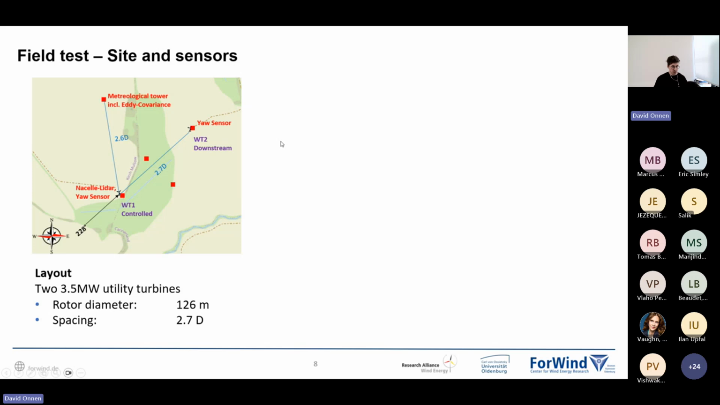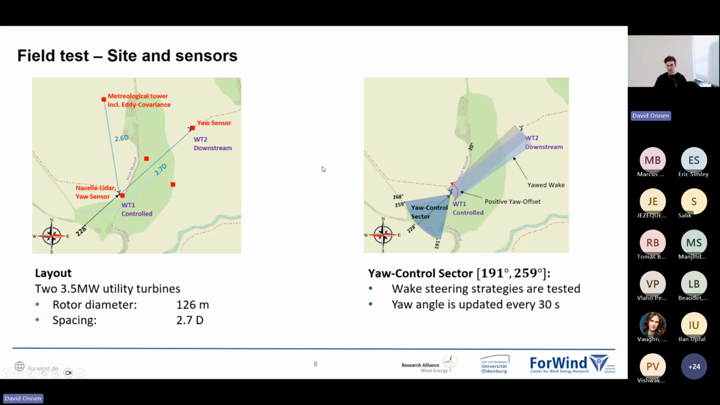So it's a site really not made to profit financially, but made for research, you could say. And we have a nearby metmast as well. We have a nacelle lidar here on this turbine. We have yaw sensors on both turbines. And the campaign that I will talk about, or that I have in my data set here,